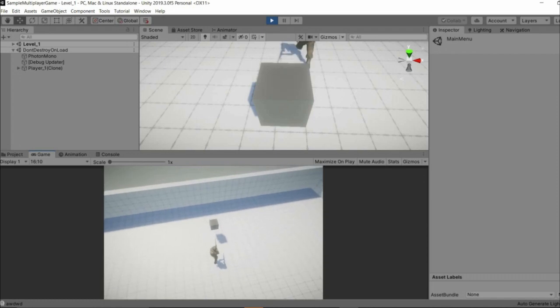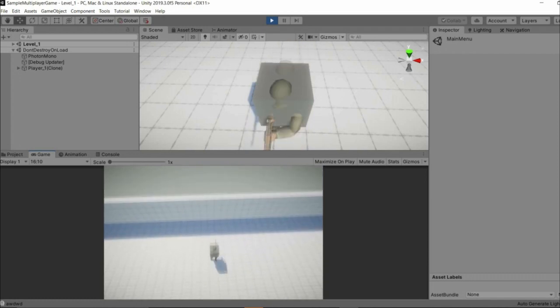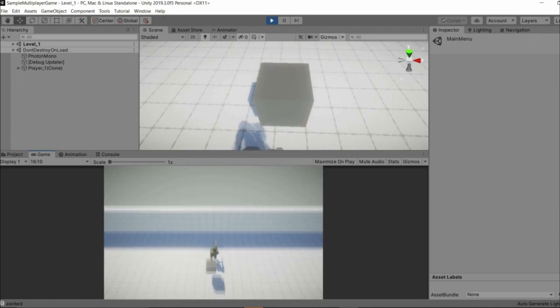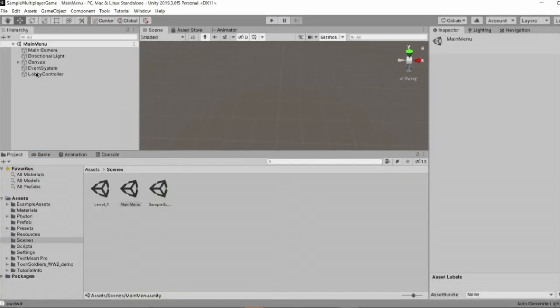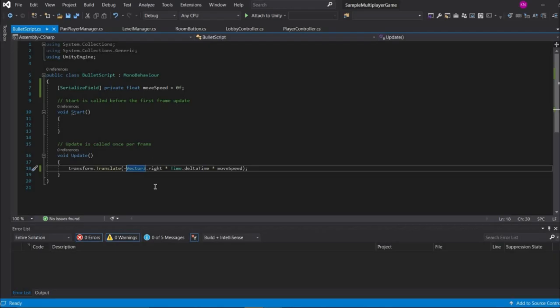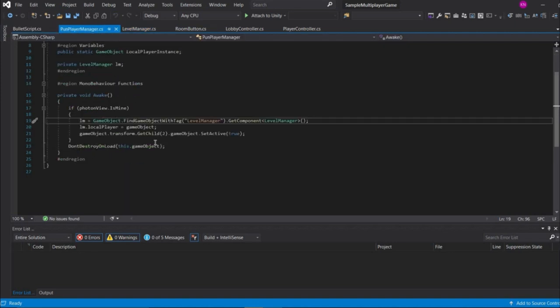So we won't be able to collide with that cube anymore. As you can see, we are just going through that cube, but we are colliding with the other ones. So this is how we avoid the collision between two players, no need to worry about it. Now that we are done with it, we need to decrease the health of the player. So what you have to basically do is, in the PUN player manager,